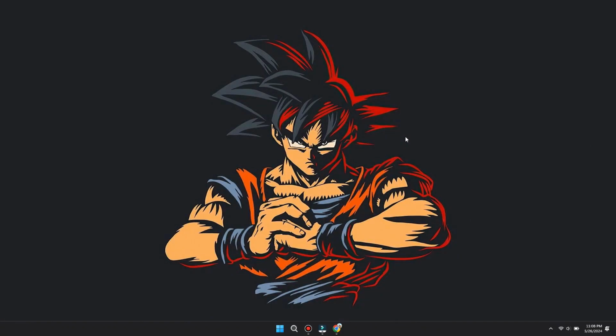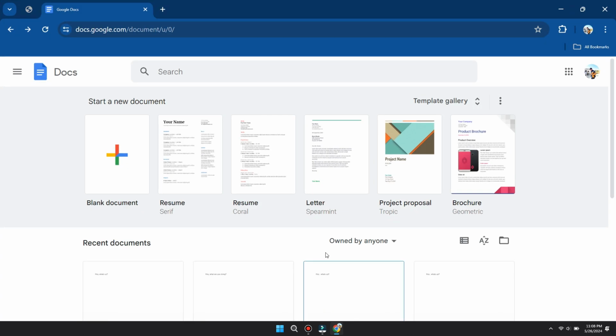First of all, open any type of preferred browser on your PC and search for docs.google.com. After that, sign into your account and you will be sent to the home page. Here, all of your recent documents will be present, so either open one from here or just create a new